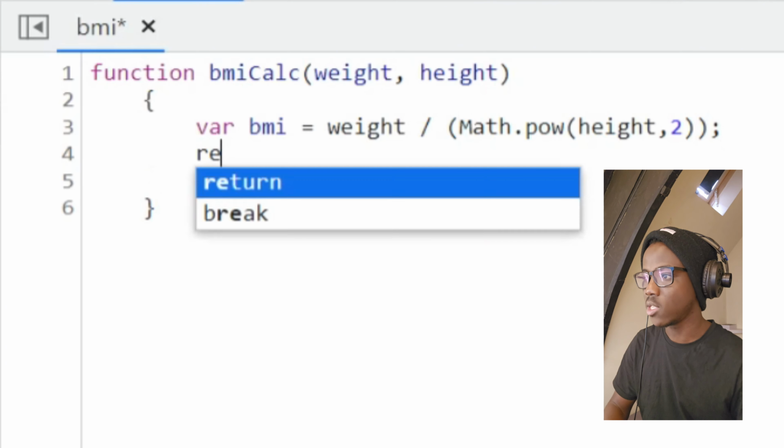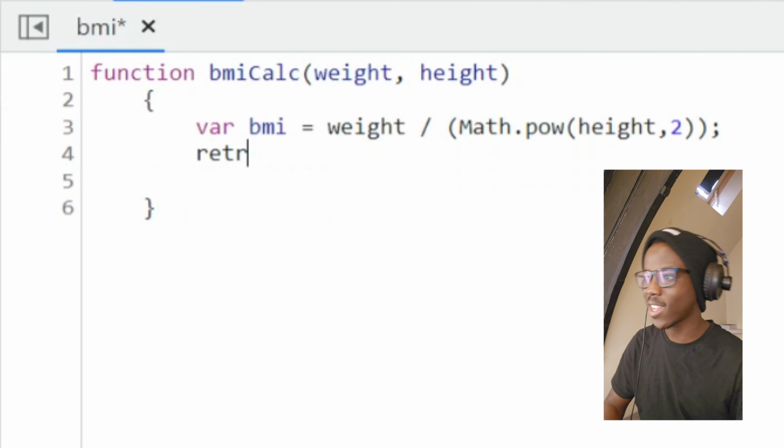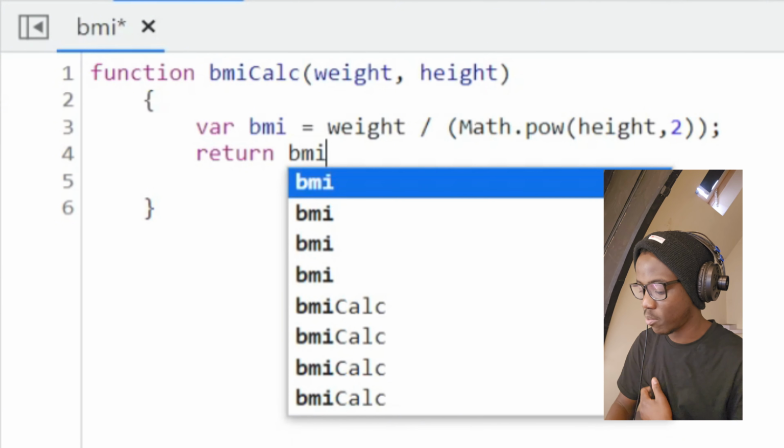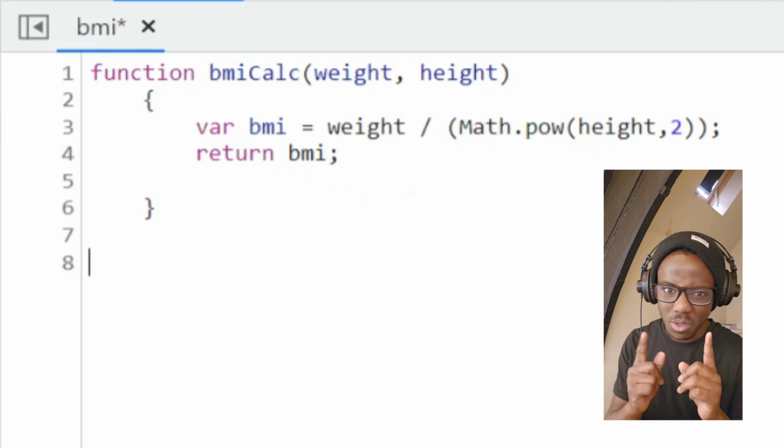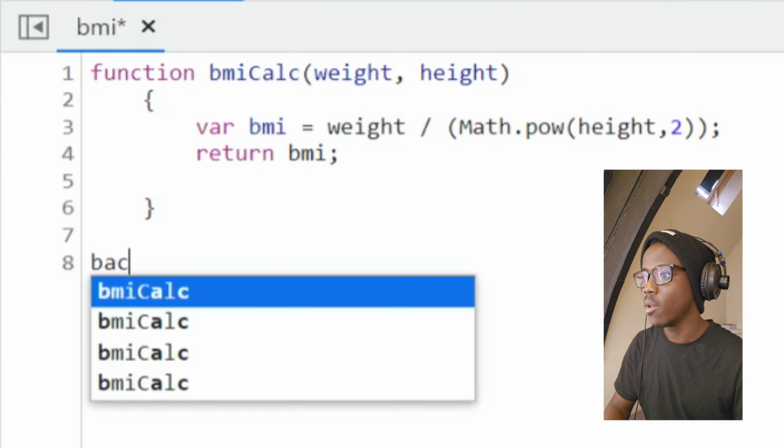Then I'm gonna return the value of BMI, which is gonna be printed whenever we call this function. Then outside I'm gonna call the function. So I'm gonna say